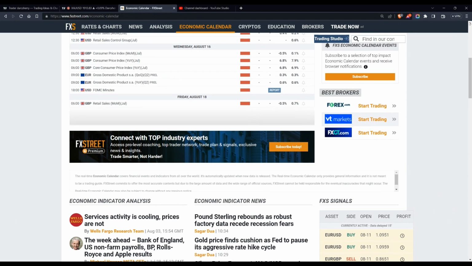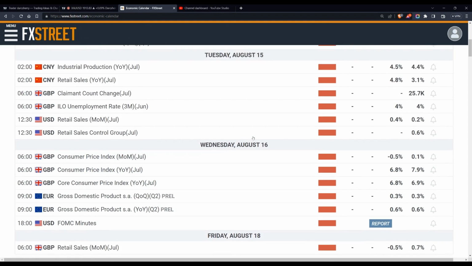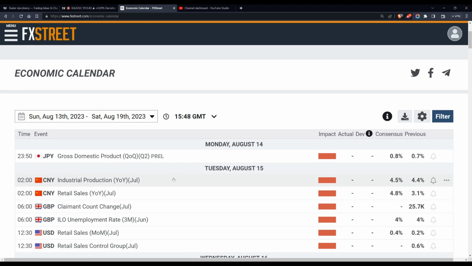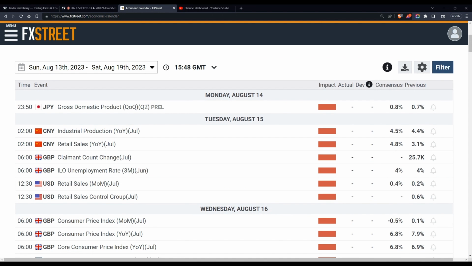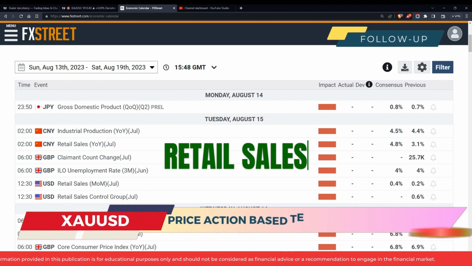Now, going into the economic calendar, let me zoom this in a little bit so that we can see things clearly. I was able to spool out a couple of high impact events from the US economic docket. So the first high impact event is coming in on Tuesday, August 15th, and that is the retail sales, which is the measure of consumer spending on goods, indicating the health of consumer demand and economic activity. And of course, a high retail sales data suggests strong consumer confidence and economic growth, potentially boosting the currency and